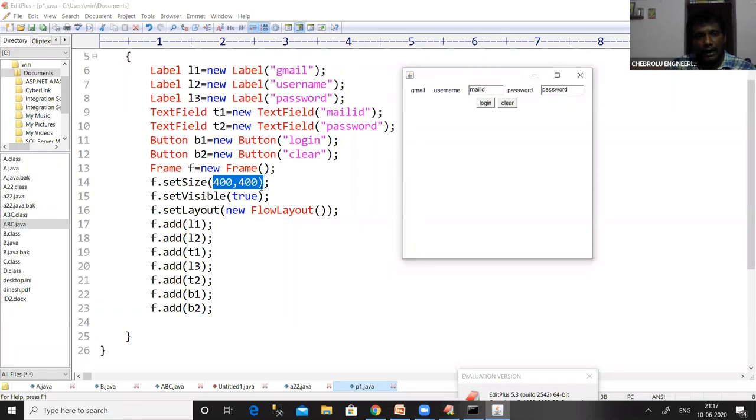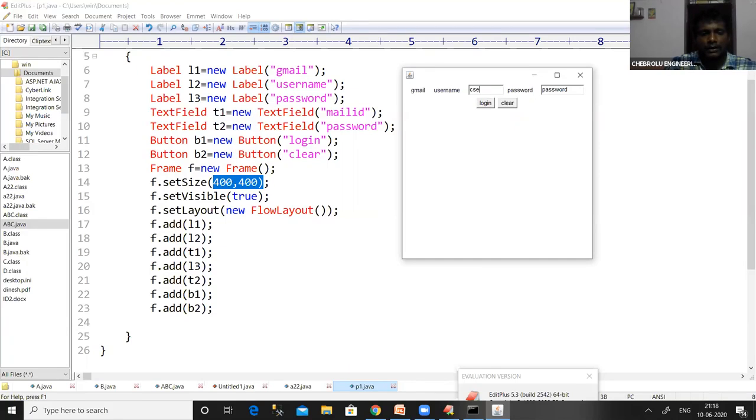And then we have added L2. L2 means we have added some username. If there is enough space beside Gmail, the username will be added beside it. If there is not enough space, it will be added in the next line. So here in this program, according to the size of the output window, it can be adjusted beside Gmail. It is added beside Gmail as a username text field, where we can have any type of